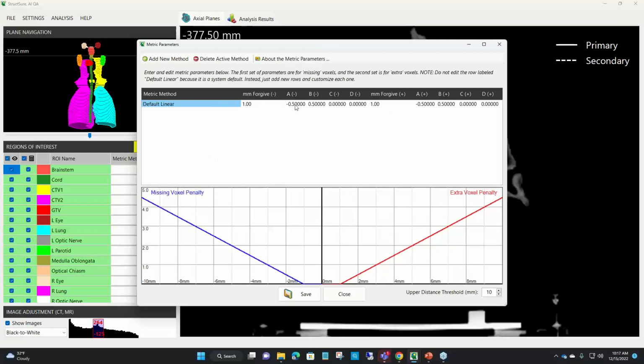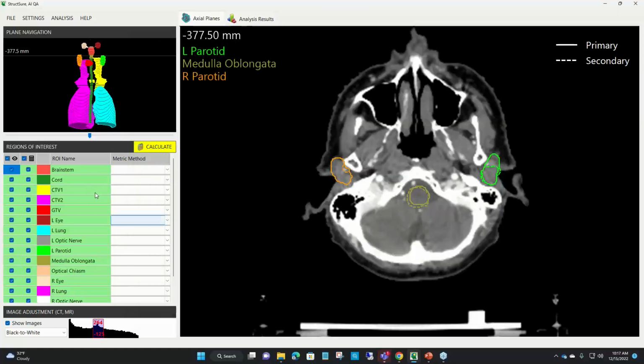So again, we'll get into this part another time, but here's our default linear. What I have to do here, because I didn't have the time to put this together before we did it, is set all of these to default. Give me just a moment here. And if you had other ones, you can add your own, by the way, and I'll show you how to do that in just a minute.